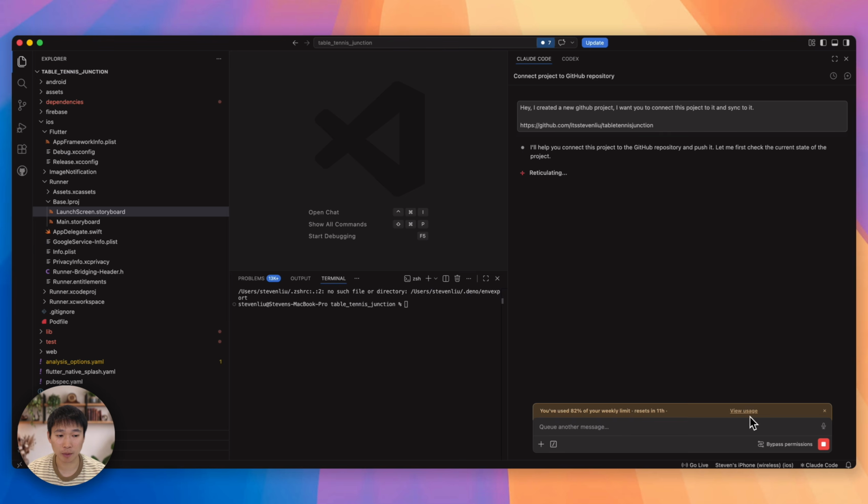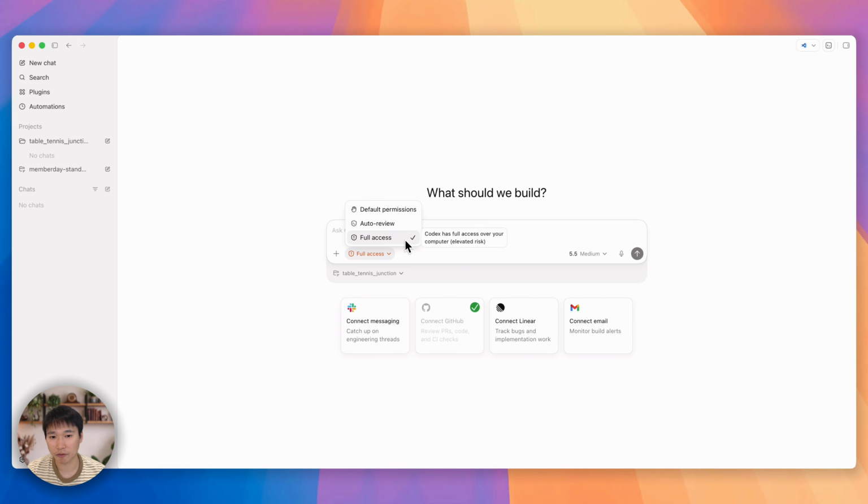I will bypass permission. Basically, if you don't select full access or bypass permission, it will prompt you to review commands and things like that, right? I've never had a bad experience giving AI full access or bypass permission. It's always done things correctly. It hasn't gone like, hey, search the internet for something bad and then do something about it. So overall, it's quite quick.